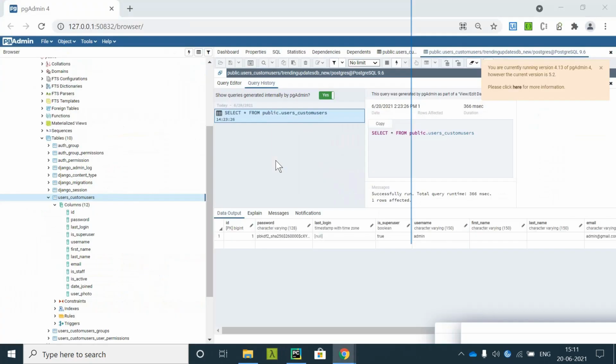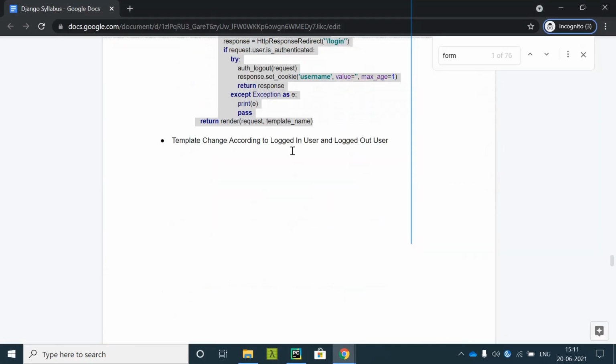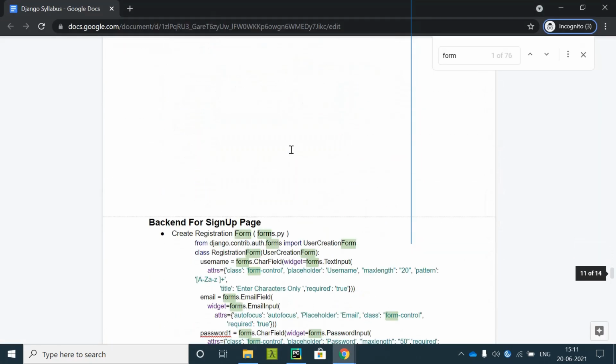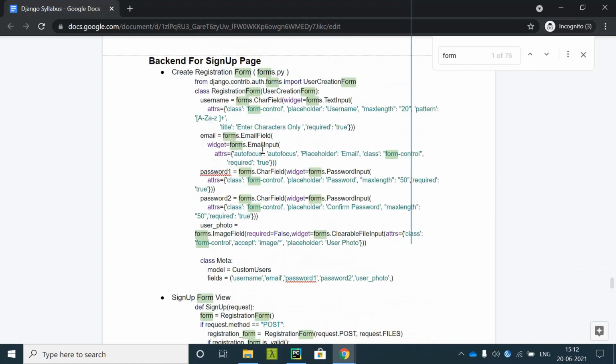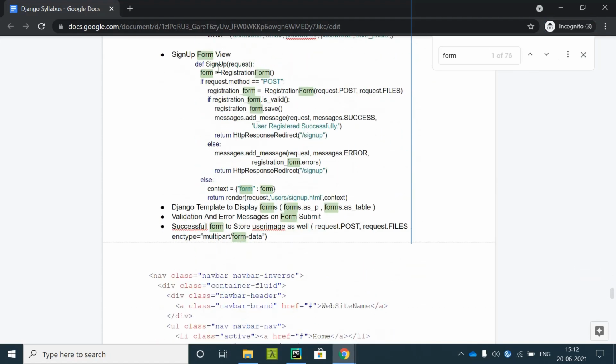I have the code with me to verify it. Sign up, leave it as it is. Use this.